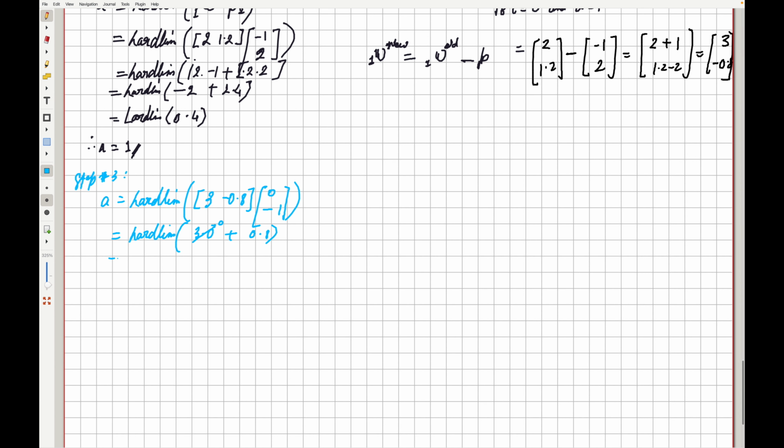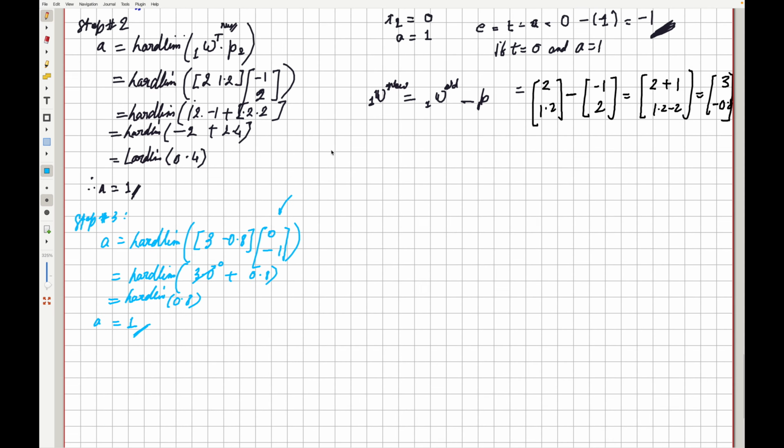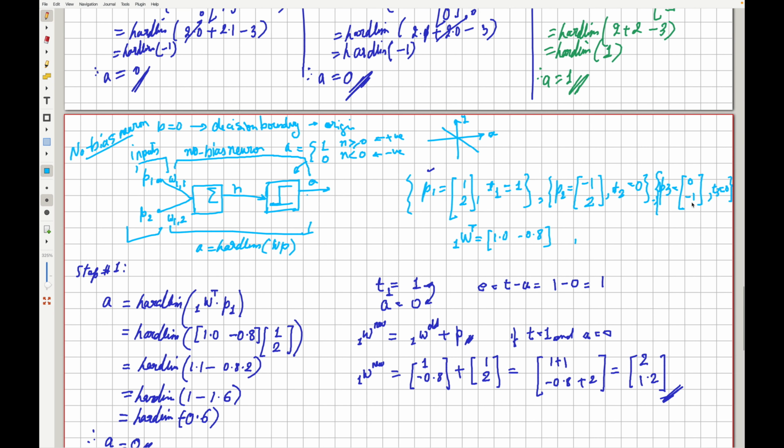And now this time if we say hardlim 0.8, we get a value of 1, because this value n is greater than or equal to 0, and so we get a value of n. Again, this data point, which is I think P3,